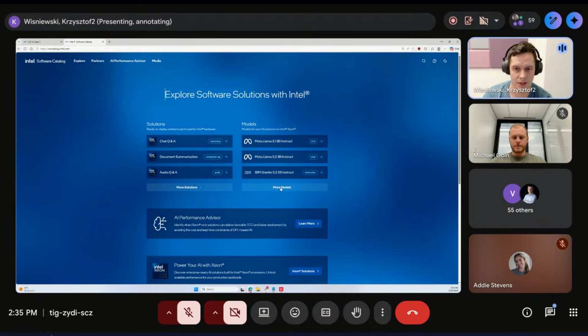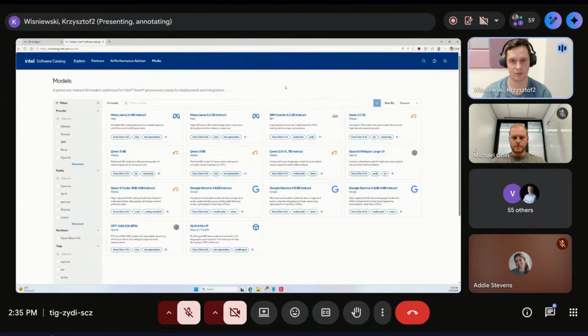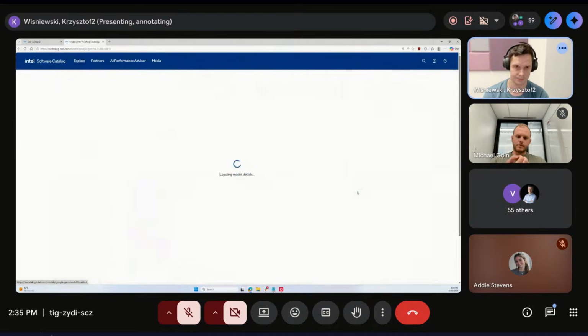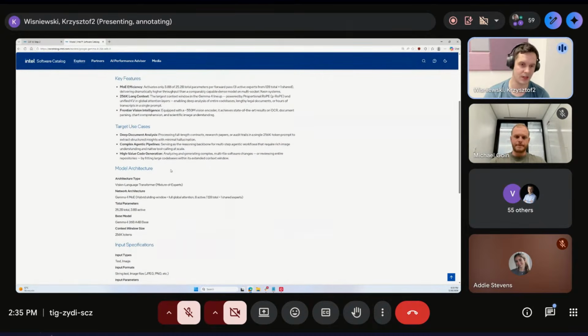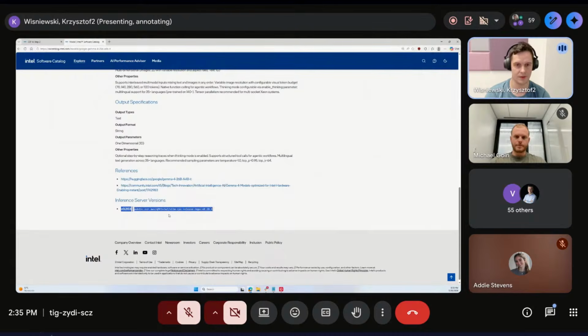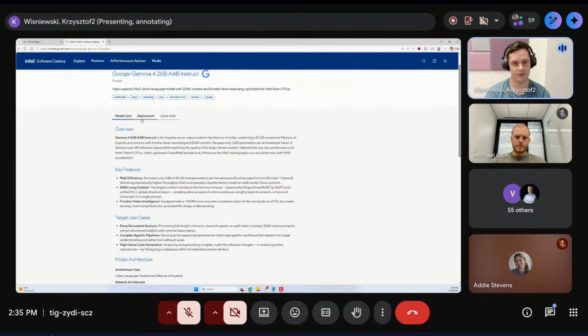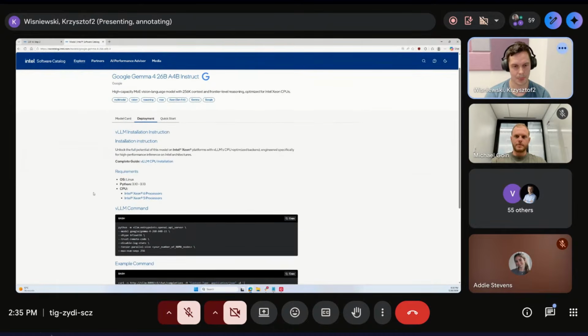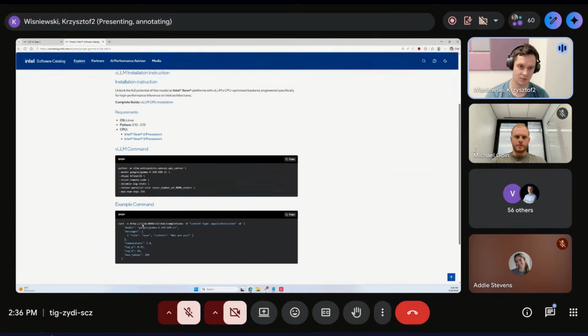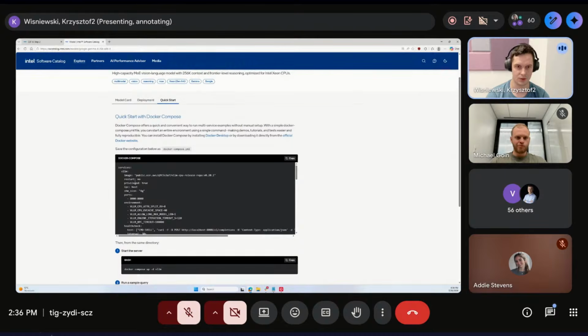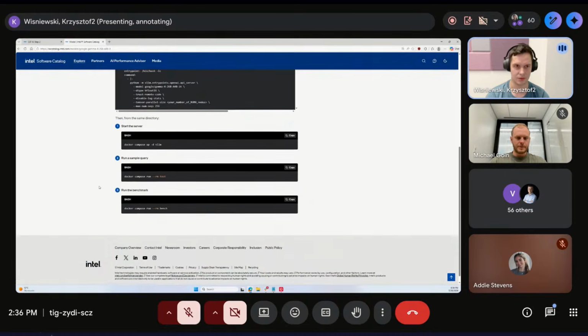Here you have models. So here's the part of the models that we are supporting. If you go into model, let's take as an example, Gemma 4. In that, you have overview of the model. Basically, it's very similar to what you will see on Hugging Face. You have on which vLLM version it was tested, with the image itself if you want to give it a try. And you have deployment, which is just pure commands that you need to pass and get it running. Some example command to see if it is working. And additionally, you have Docker Compose for that and how to start it.